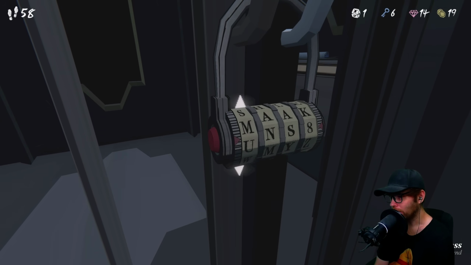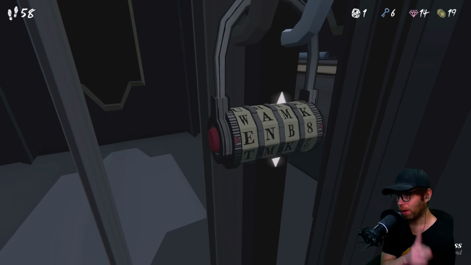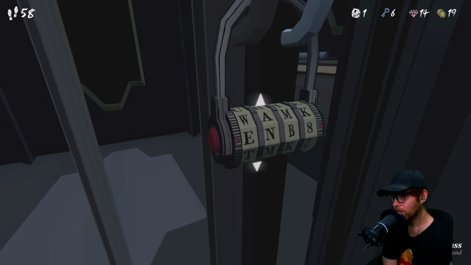Wait, if it has to be a date, then why is there only one number? Do I have to translate? No. Because that would limit you. That'd be like, okay, A is 1, B is 2. You couldn't go to C because that's 3. You couldn't. This would have to be B. In fact,